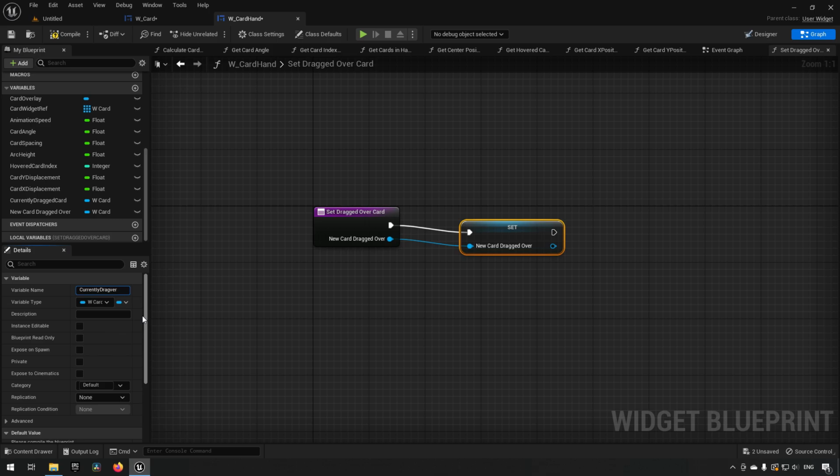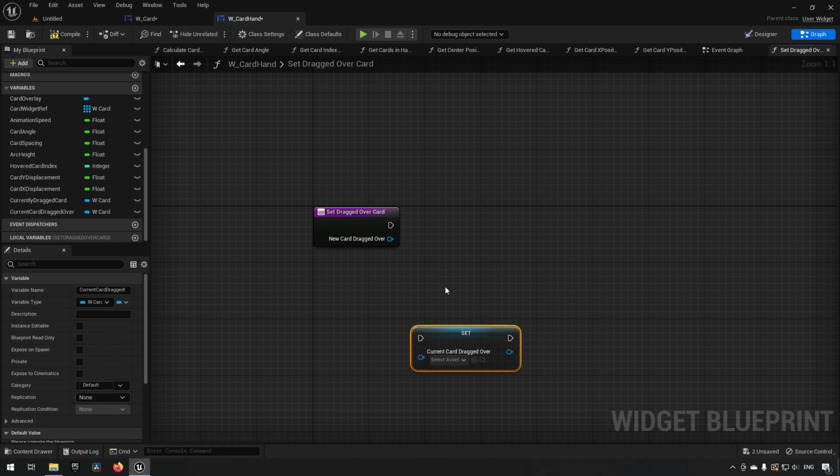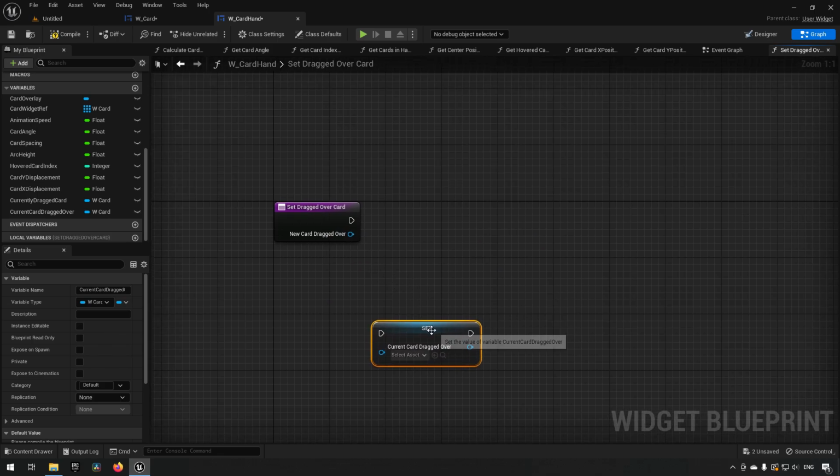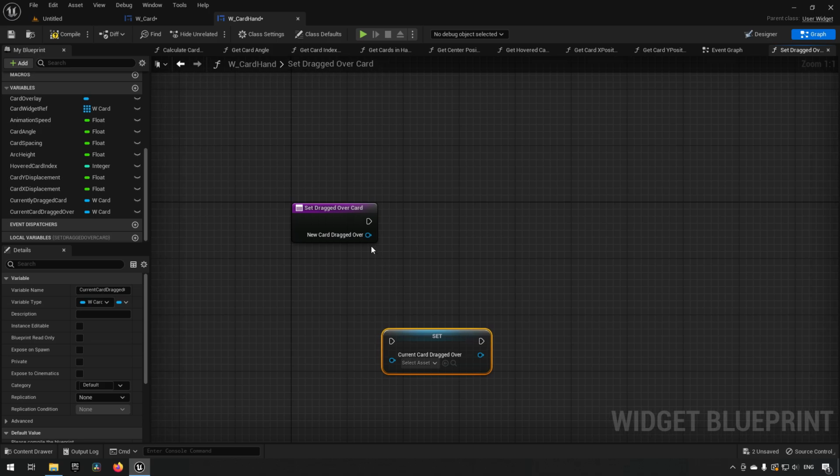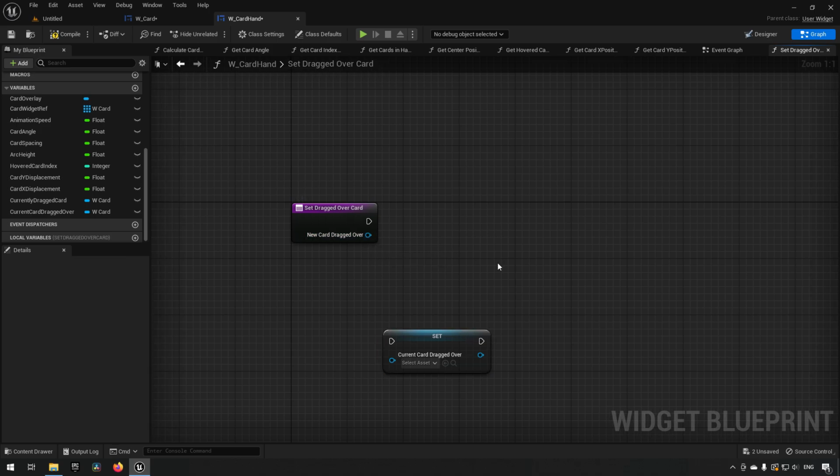Let's call it current card dragged over. So the card that we're currently dragged over, and we just created it this way to have it. We're not actually gonna make use of it right now. But the first thing we want to make sure is that the card that we're dragging over is